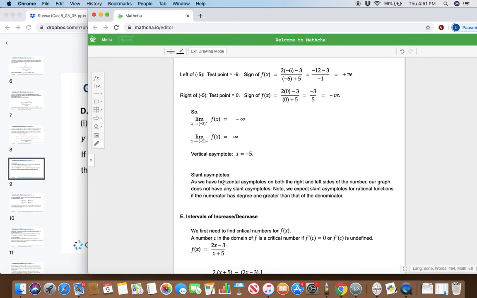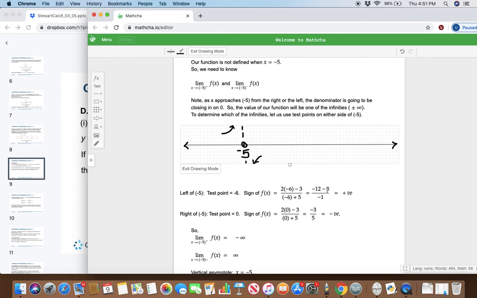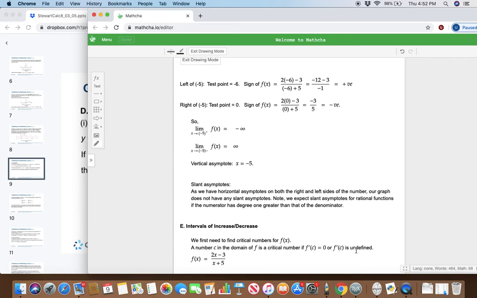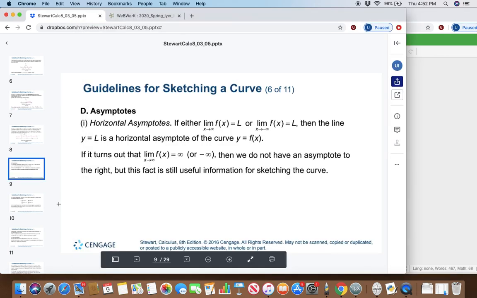Now slant asymptotes. As we have horizontal asymptotes going on both sides, therefore you are not going to have a slant asymptote. Regardless, when you have a rational function, if the numerator has degree 1 greater than the denominator, then we expect slant asymptotes. So what's the point here? No slant asymptotes. Now I'll stop here in this particular video and continue with the next checklist item,